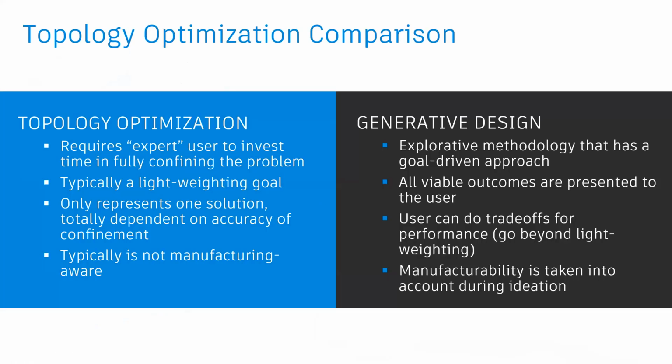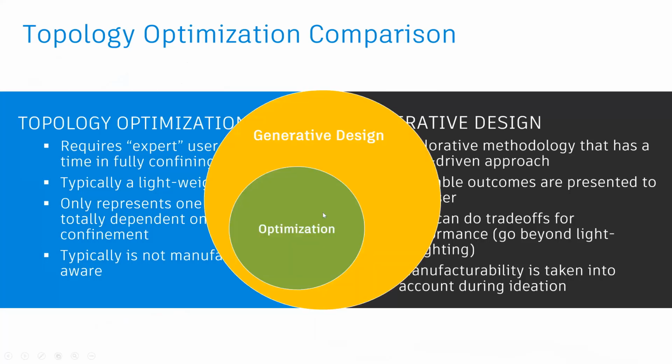Again, as we discussed earlier, a lot of people get confused between topology optimization and generative design. Topology optimization is a subset of generative, where in topology optimization you already have a shape and your goal is typically to reduce the weight from it, whereas in generative design, basis your design intent, a shape is generated which is manufacturing aware. That is the most critical point, which is manufacturing aware.